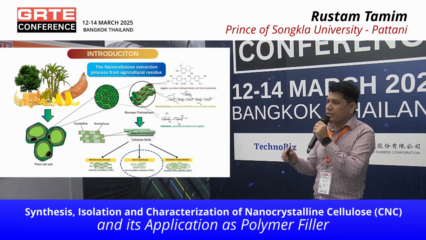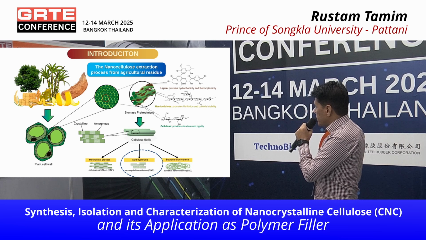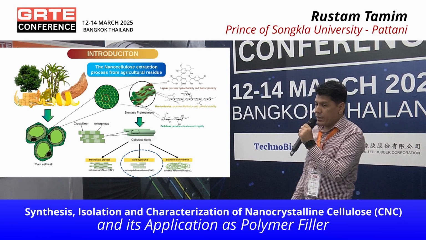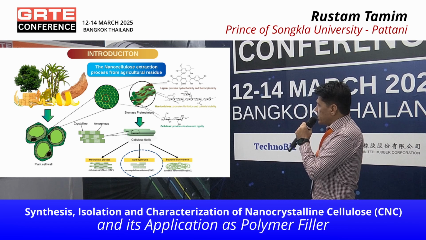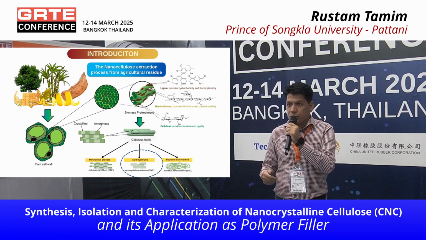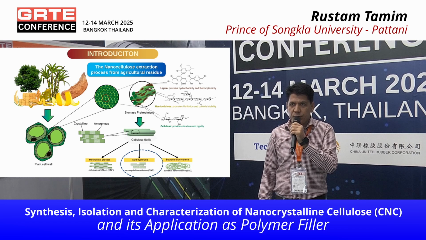Each cell has cellulose, hemicellulose, and lignin. If you want to convert these to cellulose, or increase the amount of cellulose, you need some treatment to be done on that,